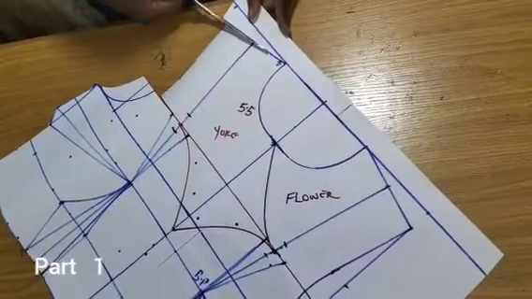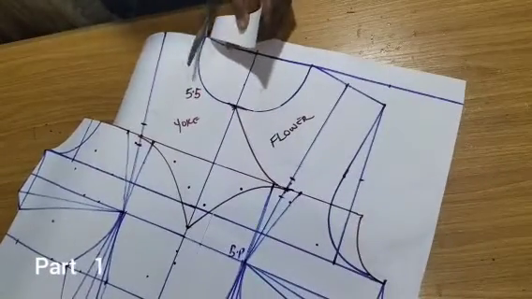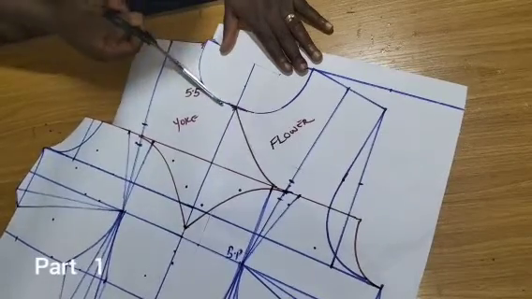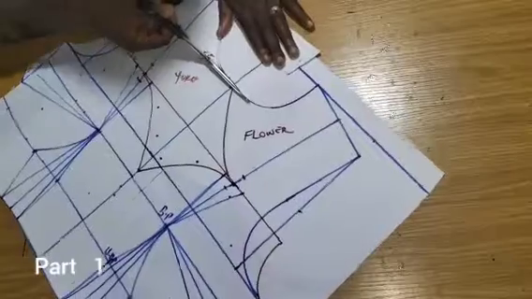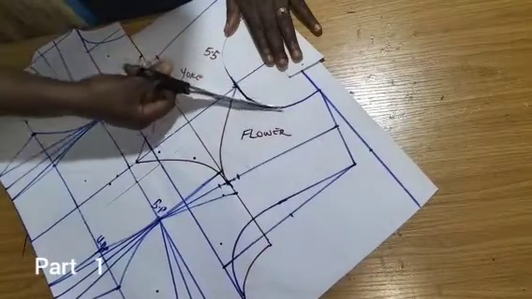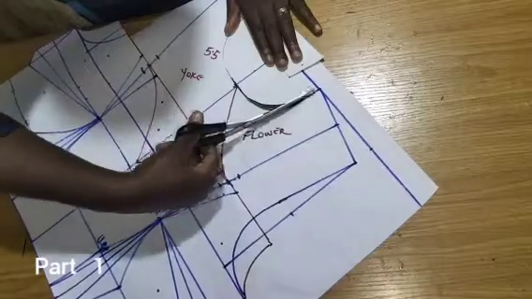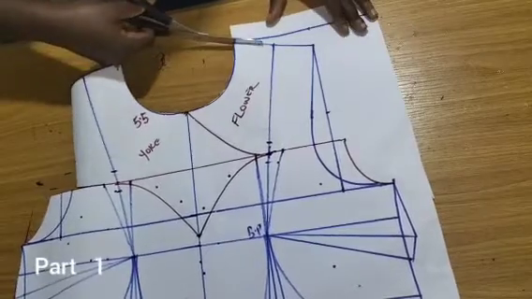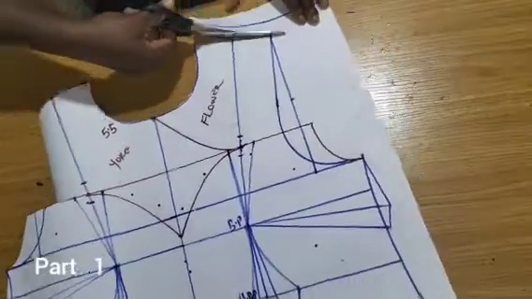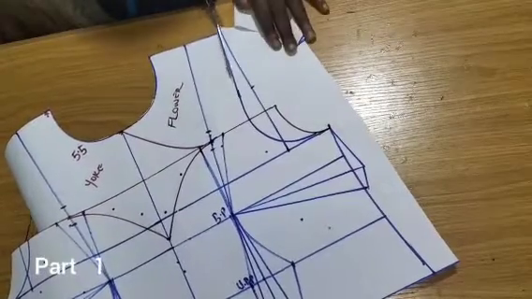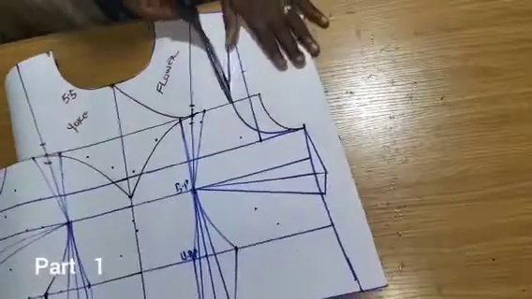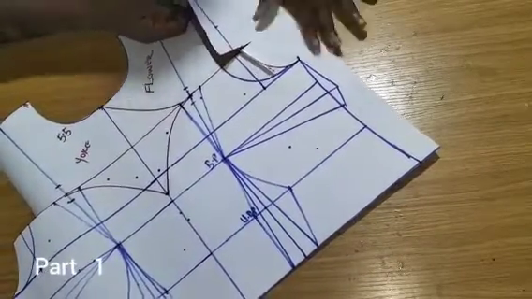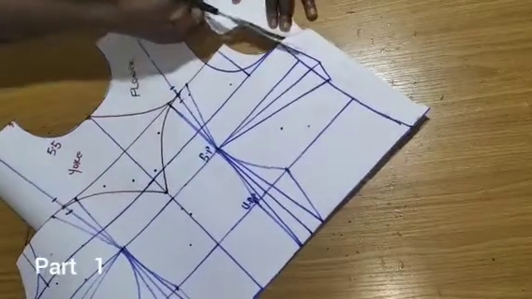And I'll also cut, if you look at the neckline, you can see I did not tamper with the neckline, because the neckline is actually a high neckline. So being a high neckline, it's going to have a mandarin collar attached to it. So since we have a mandarin collar attached to it, I maintain my natural neckline for the mandarin collar. Then here, this is the armhole. So I go this way because of the bustier. And here